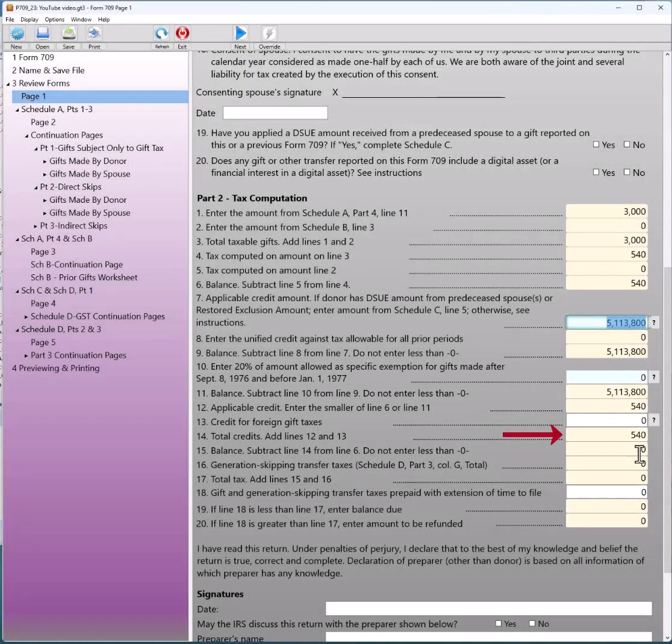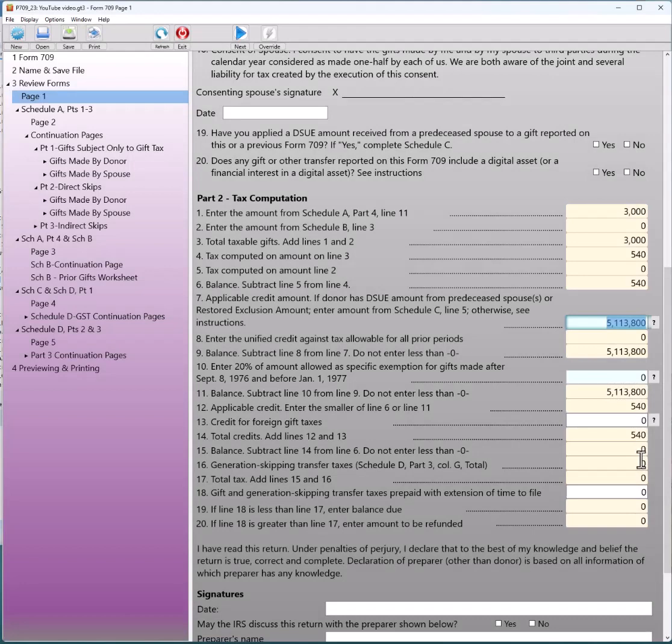Total credits 540. My question to you would be, if he files the return in this situation next year, that 540 is going to come off of that $5 million. Yep, exactly. I didn't mean to put you on the spot. I think that's why people get confused, because you don't see that happen. It almost looks like you owe 540, but when you start actually reading the line numbers, it says tax owed, 0, balance due, 0. Right. And let's go to what you said, Larry. Here, look. Right there.